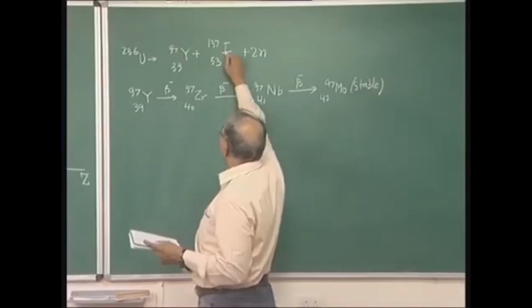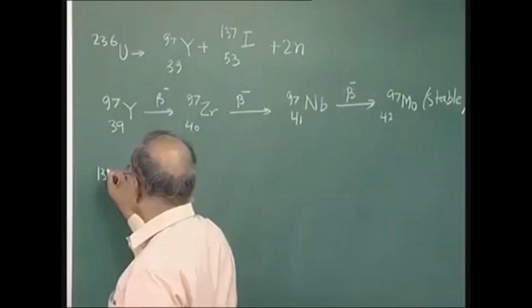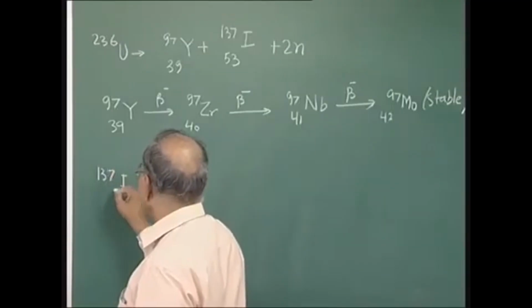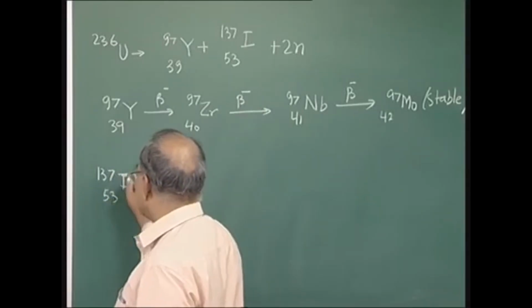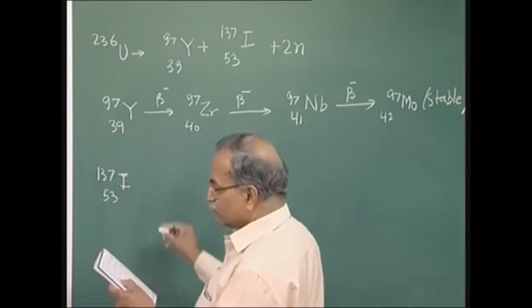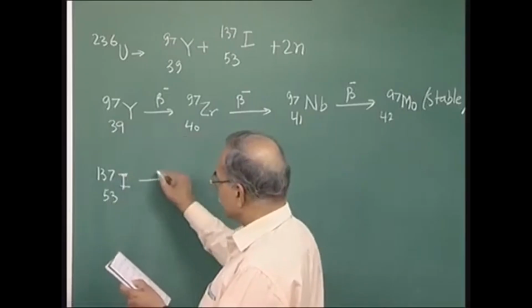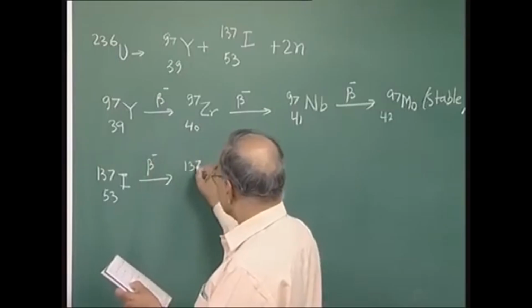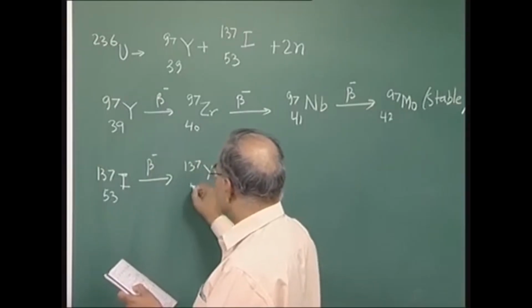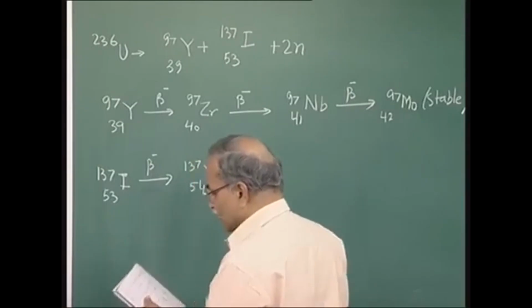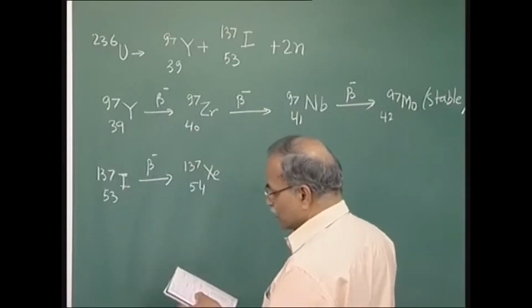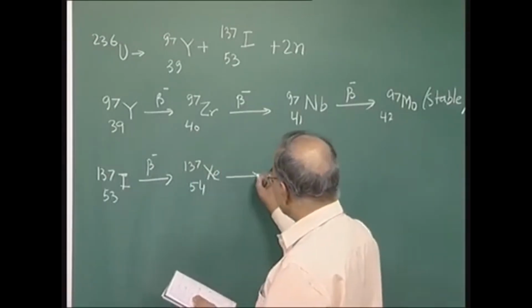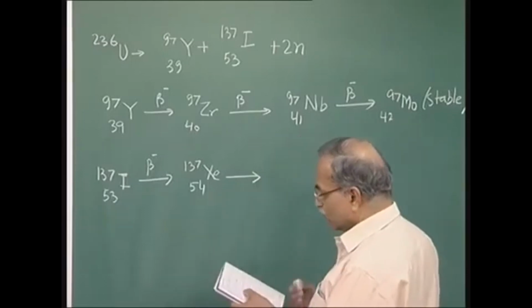The other fragment, 137 I 53, this fragment beta decays to 137 xenon, Z equal to 54, and that decays, this is interesting, that decays to